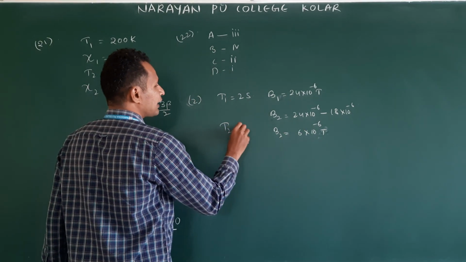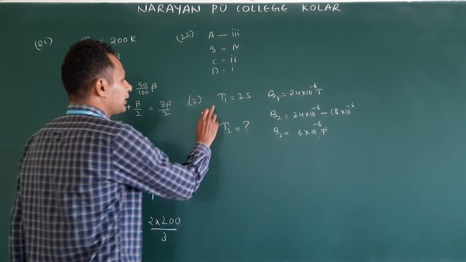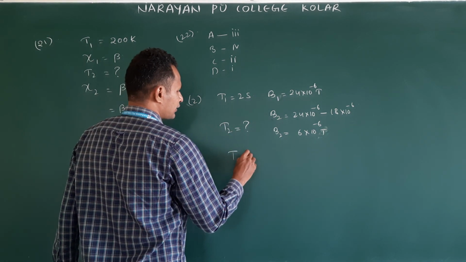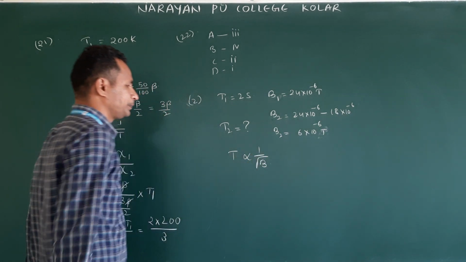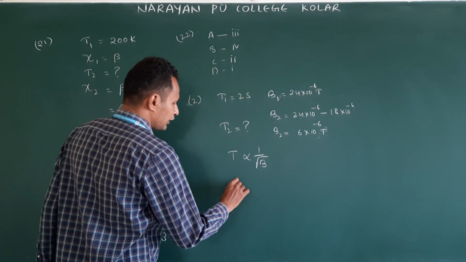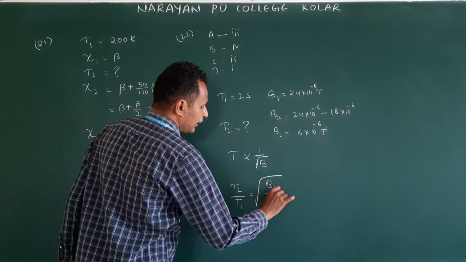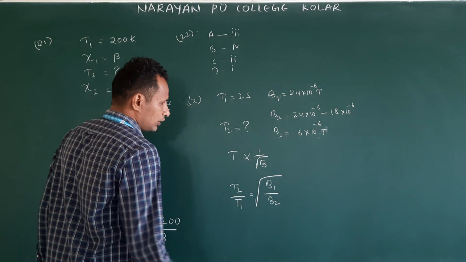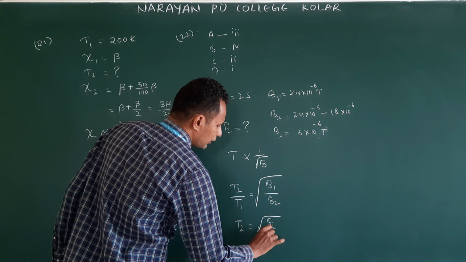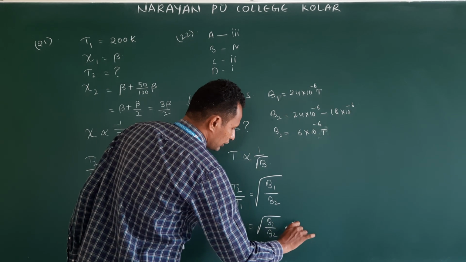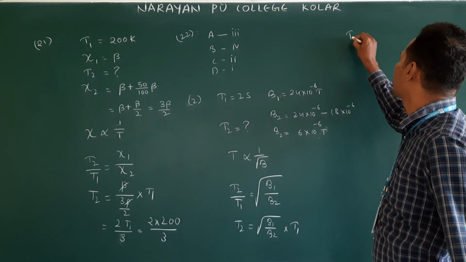Then in this field they are asking the time period. How are the time period and magnetic field related? T is inversely proportional to the square root of the magnetic field. Then how do we write? T2 by T1 is equal to root of B1 by B2. Then T2 is equal to root of B1 by B2 into T1. Now substitute the values. T2 is equal to